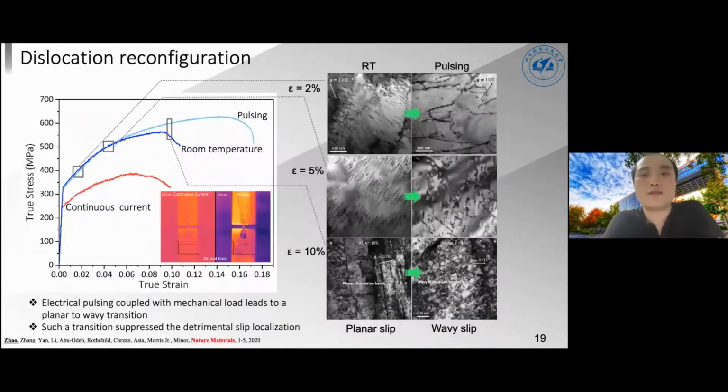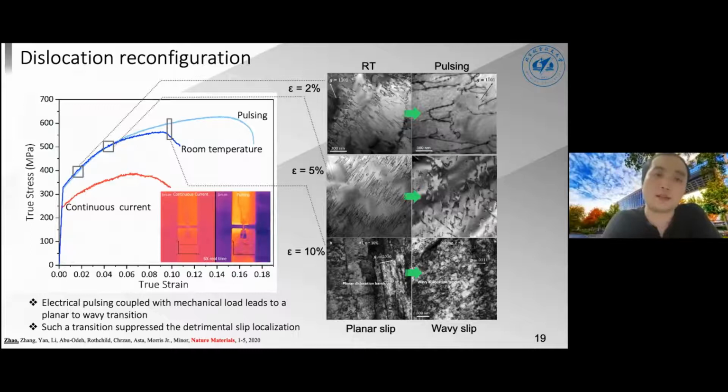So we performed a series of tensile tests under different conditions. Pulsing here means tensile test with electrical pulse on. And we indeed observed that by applying a pulse during tensile testing, we improve the tensile ductility. And this is a macroscopic observation. But at the microscale, we always try to find the microstructure mechanism. And so we look at the microstructure by TEM at different